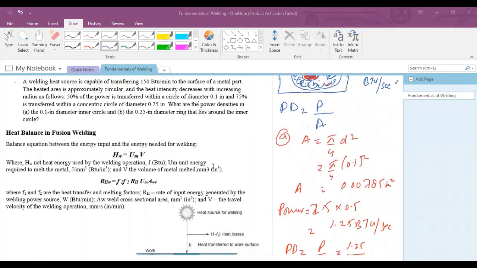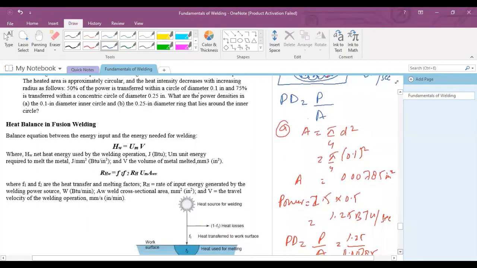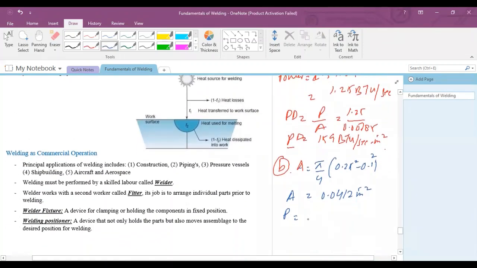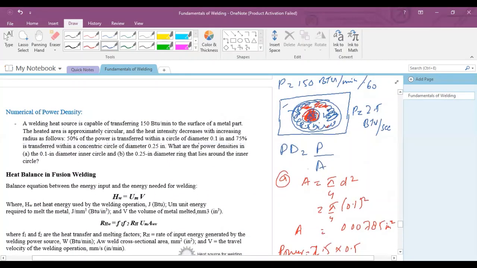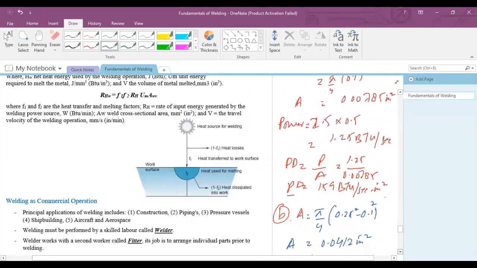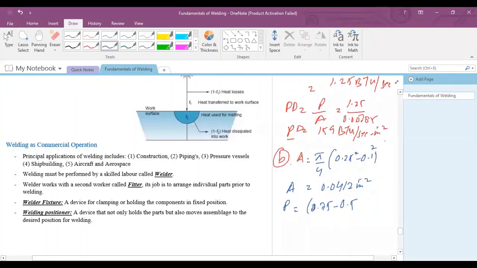As you can see, 50% is applied to the surface, and then 75% is applied to the bigger surface. 75%, so 0.75 minus 0.5, because 50% is applied to it, and the remaining will be transferred to this bigger area. So 0.75 minus 0.5,